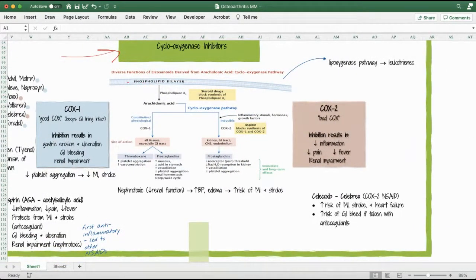So we talked about how this bilayer of phospholipids breaks down, using this phospholipase A2, into arachidonic acid. This was part of our inflammatory stuff last week. And so this is where those corticosteroids work. They block the synthesis of that enzyme so that the phospholipids cannot be broken down into arachidonic acid, because if you follow the whole pathway down, you end up with